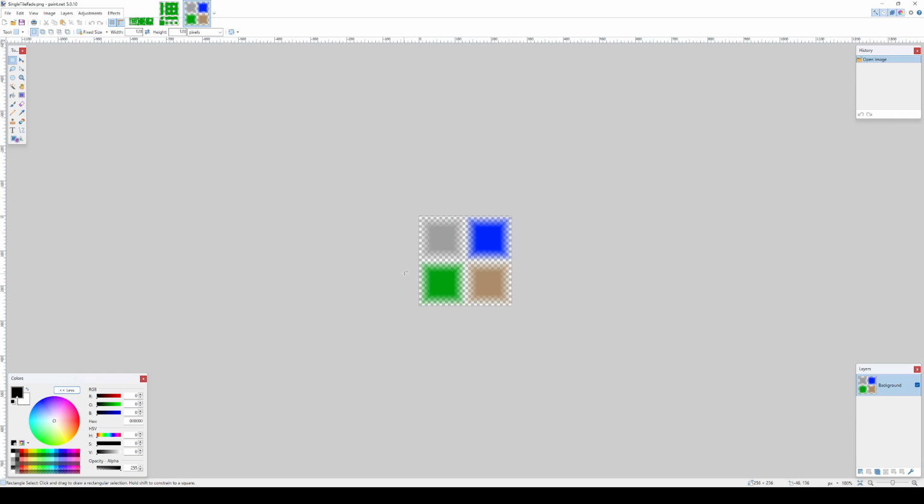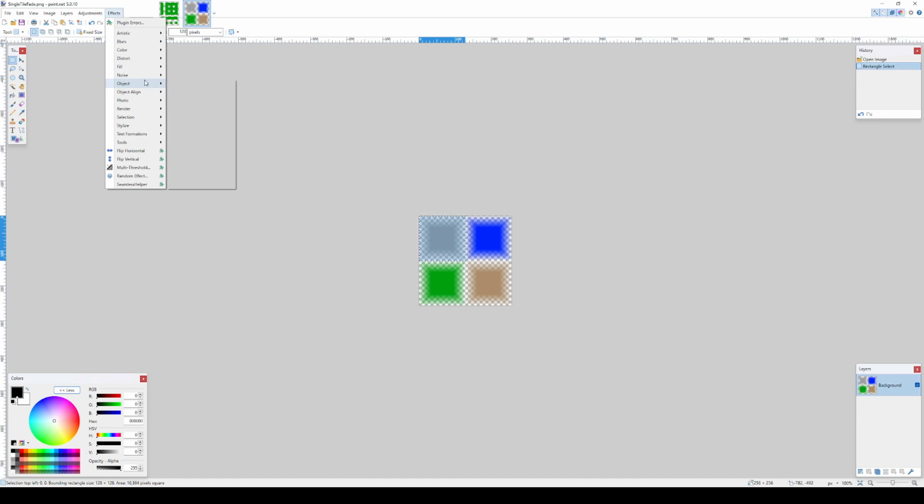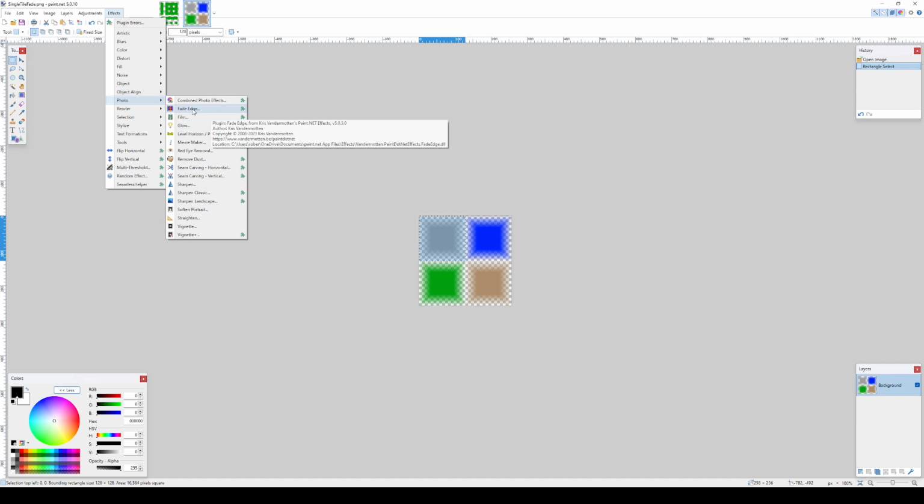I've just taken my 4 tile types, my stone and my grass and my water and my sand. And these again are 128 by 128, okay? And I've just used an effect in paint.net to fade the sides. See if I can remember where that is. There it is. Fade Edge. You can go to paint.net's website and look up the plugin Fade Edge, install that plugin, and then